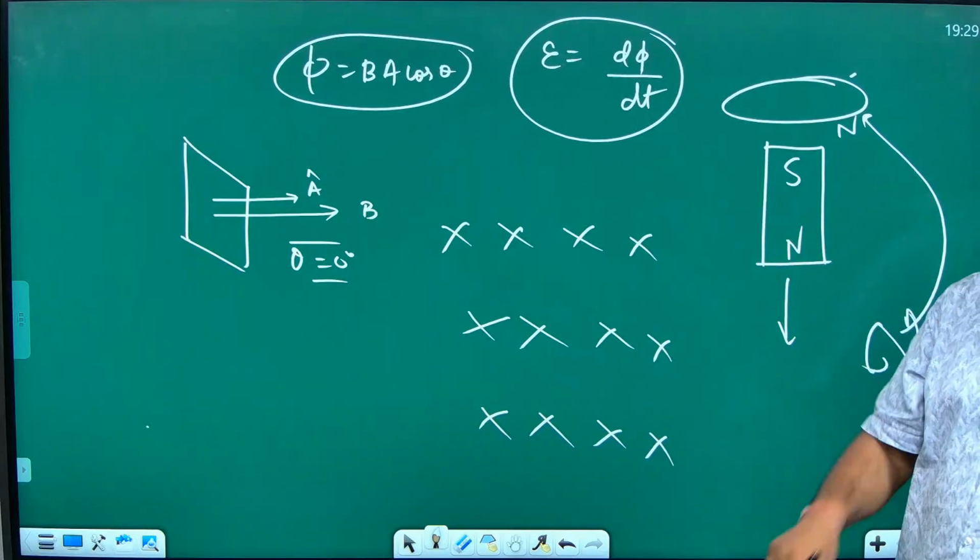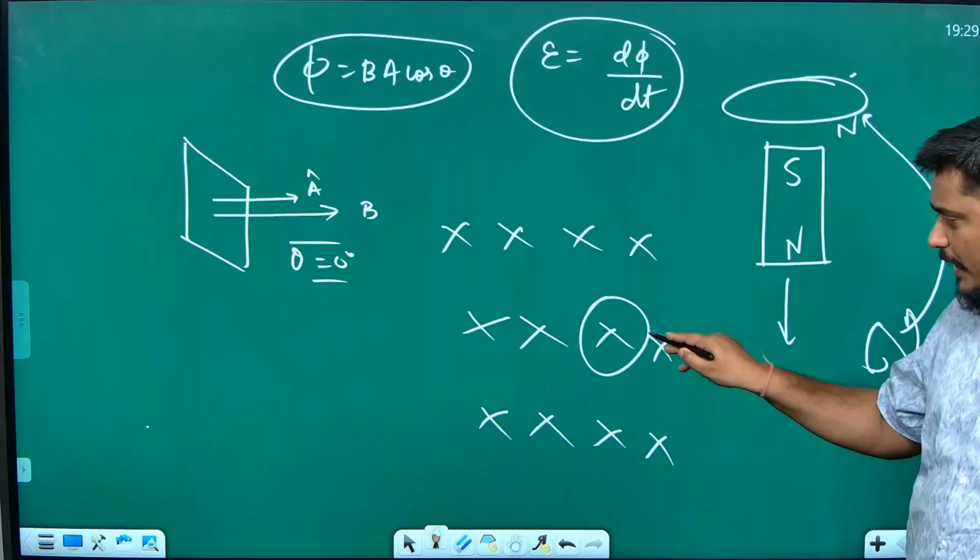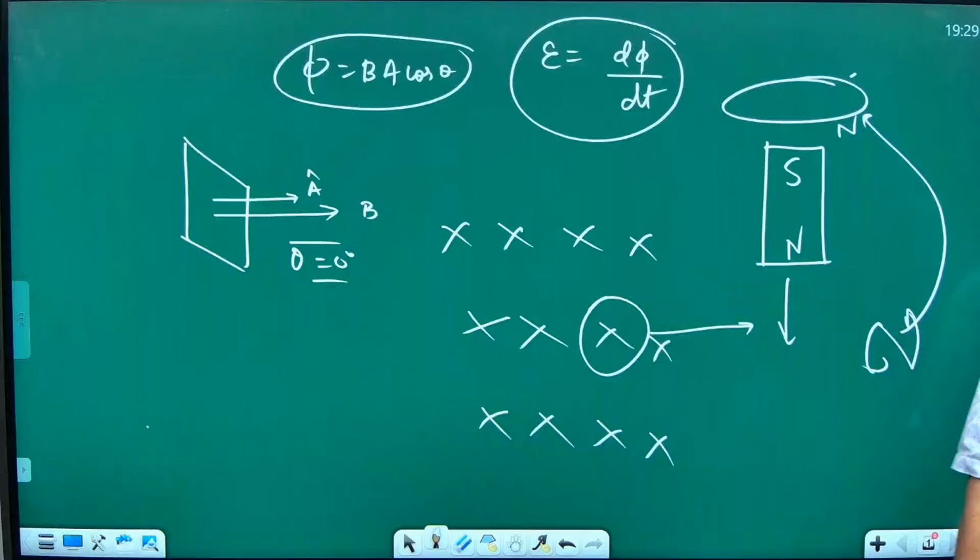Right or wrong is secondary, okay? I have a coil which is moving from here and trying to go outside the magnetic field. Whether induced current will come in this coil or not. Yeah. Why will it come? Because the flux changes. Is it increasing or decreasing? Decreasing. Very good. So to increase it, what should be the direction of current? Why? Because